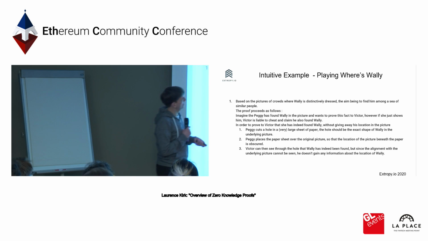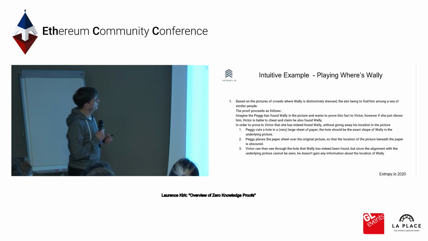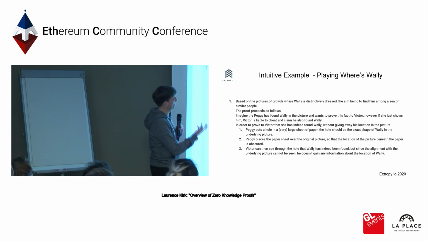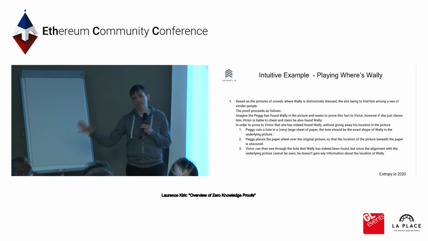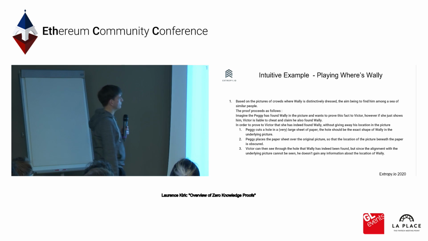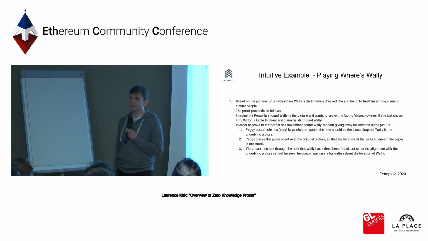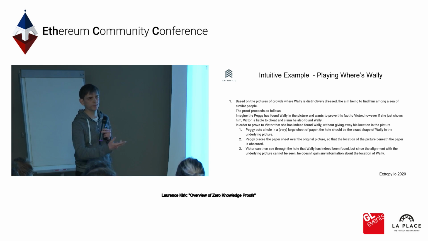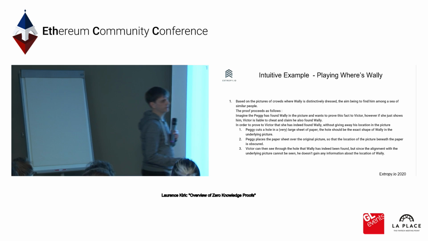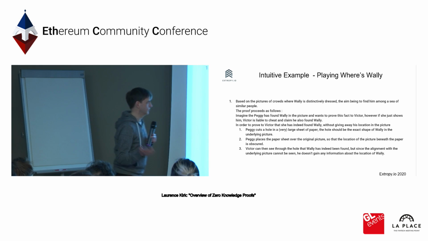An intuitive example, one I particularly like, is the Where's Wally books, or Where's Waldo if you're from the US. In these, there's a character, Wally, who's very distinctively dressed. He's in a picture surrounded by lots of other people who are similarly dressed, and you have to find him. But if you imagine that Peggy has indeed seen this picture and she has found Wally, and she wants to prove to Victor that she has found him, but she knows that if she points out where Wally is in the picture, Victor will also claim, oh yes, I found him too. And she doesn't want that.